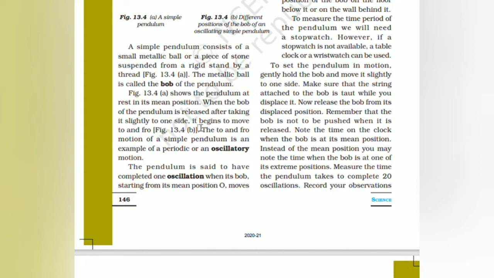When the bob is released after taking it slightly to one side, it begins to move to and fro. The to and fro motion of a simple pendulum is an example of what? A periodic or oscillatory motion. A pendulum is said to have completed one oscillation when its bob, starting from its mean position O,